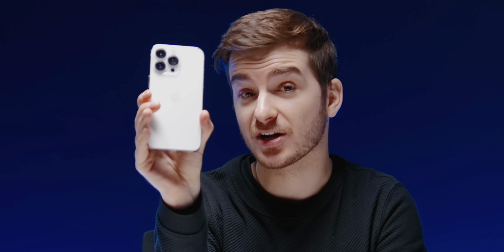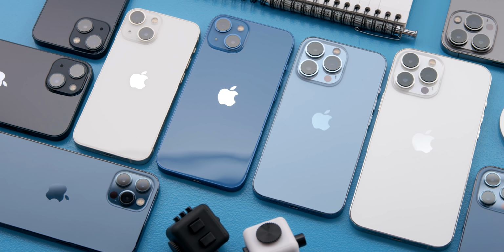and it was definitely a visible improvement over my 12 Pro. Speaking of being outdoors, let's talk about the camera, as this is what you're all probably here for. But before we do that, I just want to say that if you just got your new iPhone